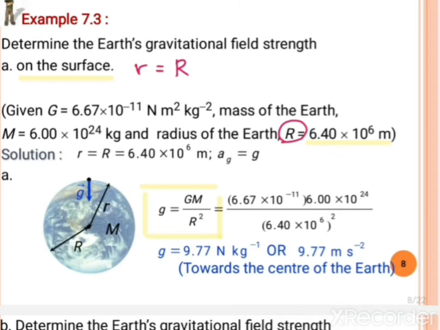So we just substitute the value: G times M, mass of Earth, over R squared. And then you will get the answer, gravitational field strength equal to 9.77 meter per second squared toward the center of Earth. For question B,